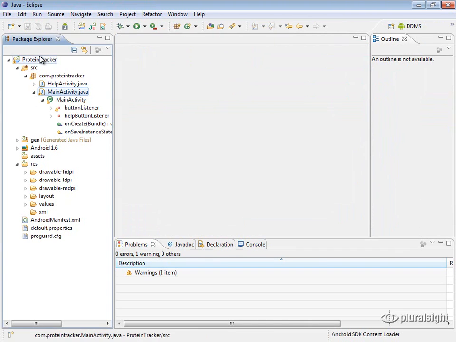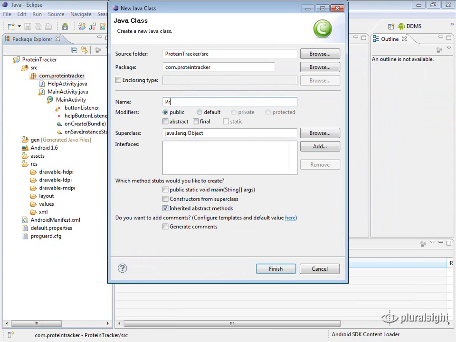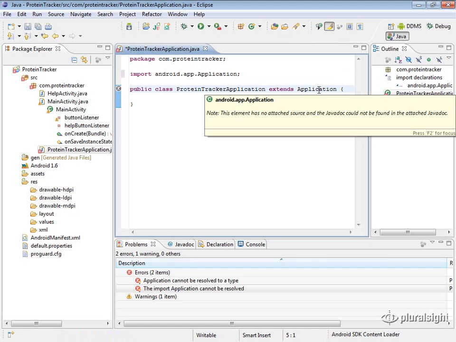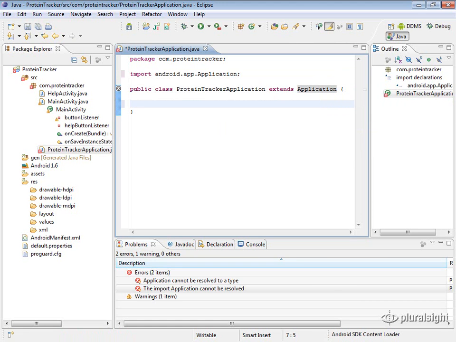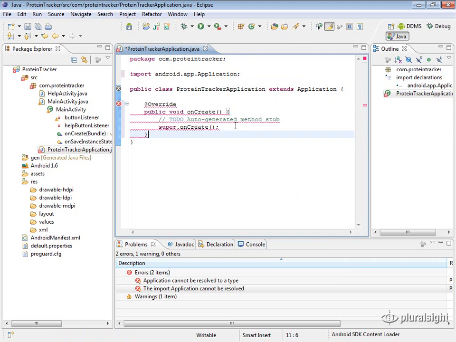It's actually pretty simple to do. All we have to do is go in here and create a new class, and we'll call that class Protein Tracker Application. And we're going to extend the application class that's inside Android. And then I'm going to hit Control-Shift-O to do the auto import. And you can see that now we're extending this application class that's from Android.app namespace. So then also we can override an onCreate method just like we did in our activity. And that will allow us to have a hook into the code here that will get executed when the application